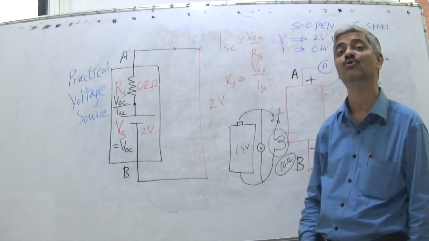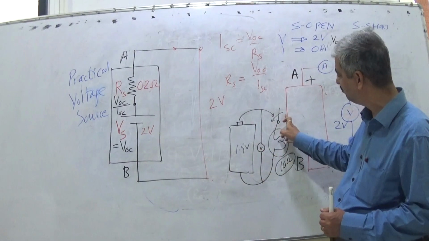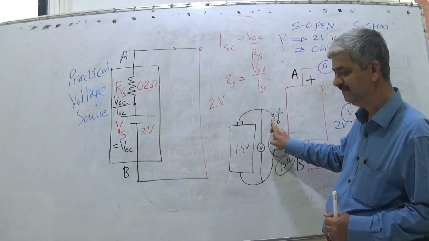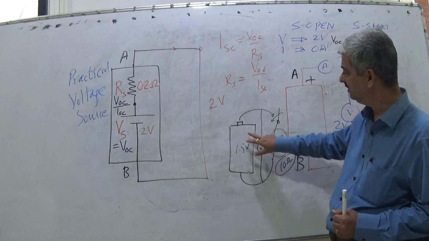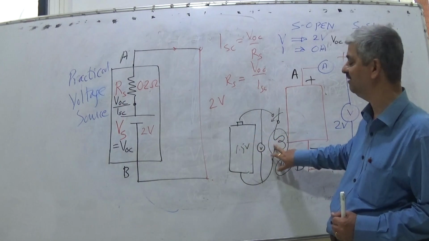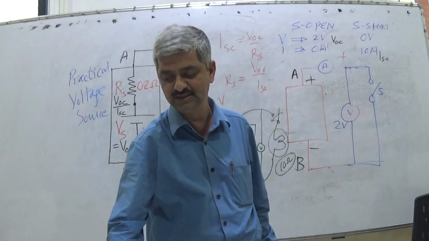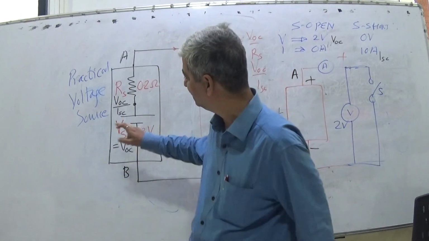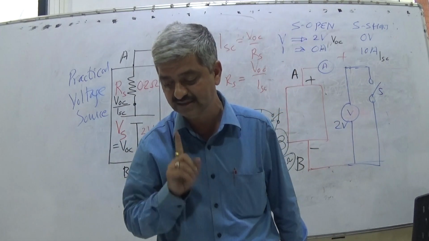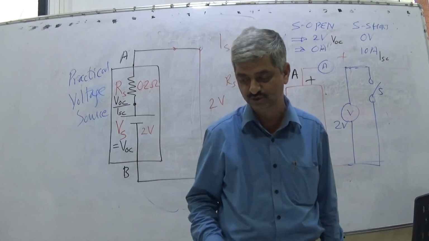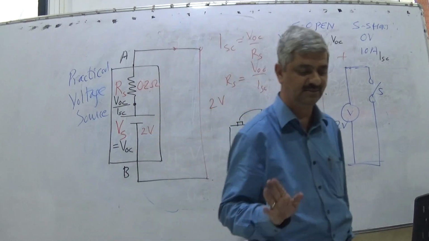Its internal resistance has gone to a few kilo ohms. When you connect a voltmeter, it gives 1.5 volts. But the moment you put the switch on, the lamp doesn't glow and this becomes 0 volts, because the lamp resistance is 10 ohms while the internal resistance is a few kilo ohms, so this becomes negligible. So the cell can't be used. So a practical voltage source consists of an ideal voltage source and a non-separable series resistance.